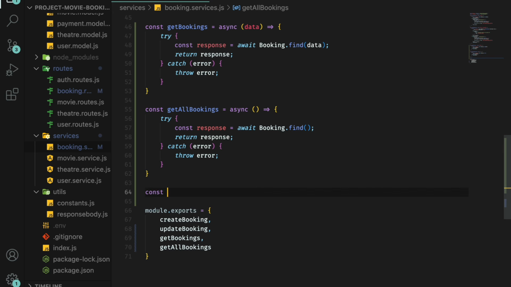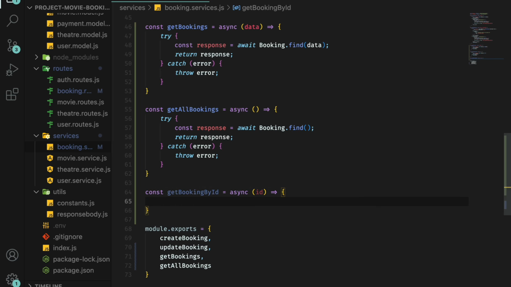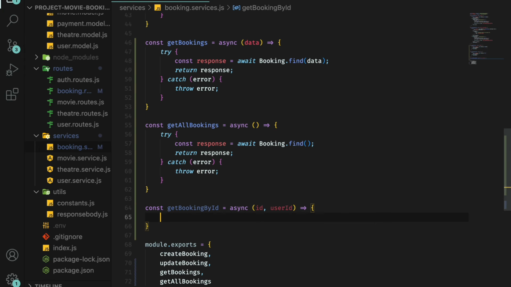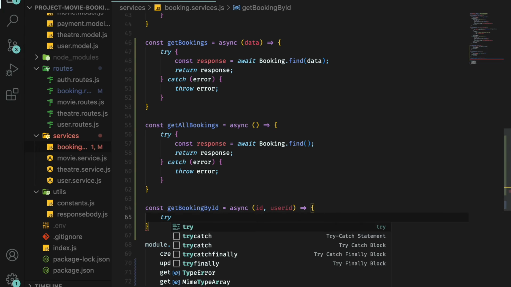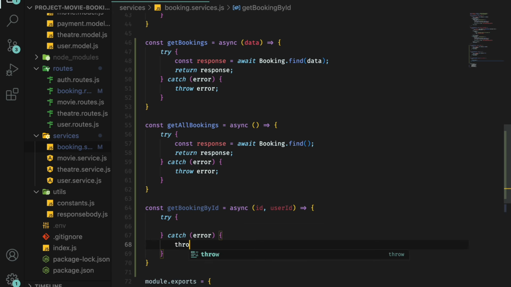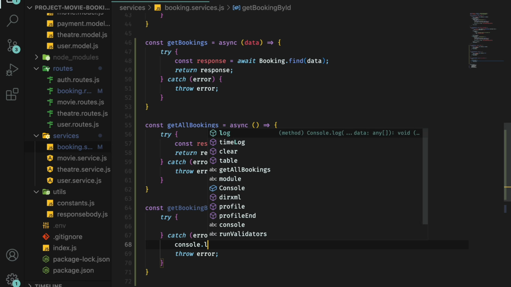So const getBookingById. We're going to get an ID, and we are also going to get a user ID. Okay, cool. So we'll try to fetch the booking. We'll throw the error. Before we throw it, we'll console.log the error,